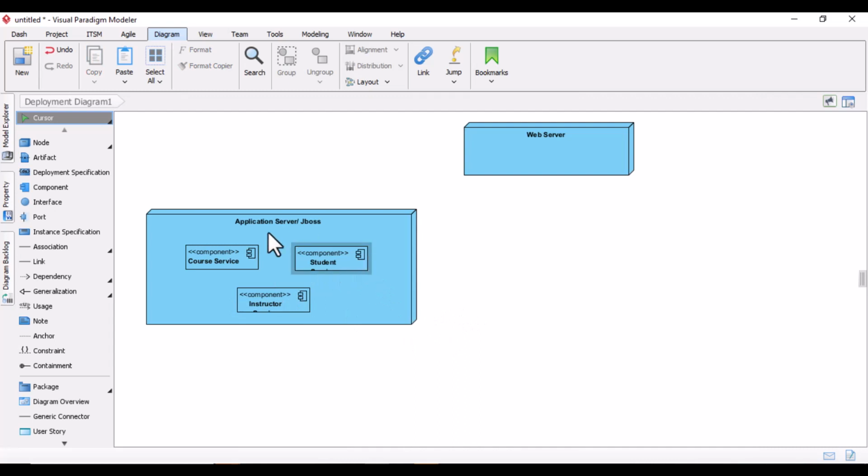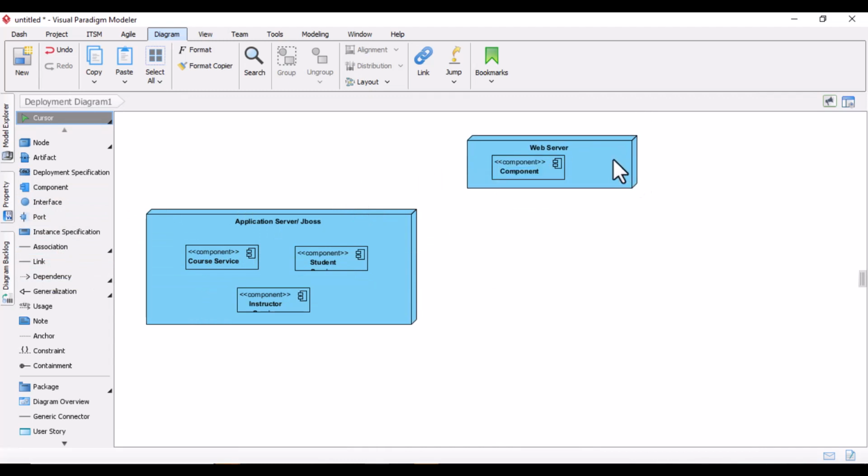So you know that all the services and the backends have been deployed in the JBoss server in our case, and the application component is deployed in a web server. How to draw that? Now bring a component. Now what can be the component? As I have shown you earlier, based on the same concept, what we have to do, the component is course,